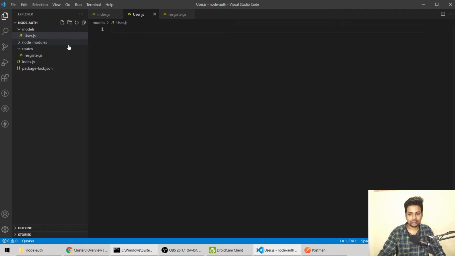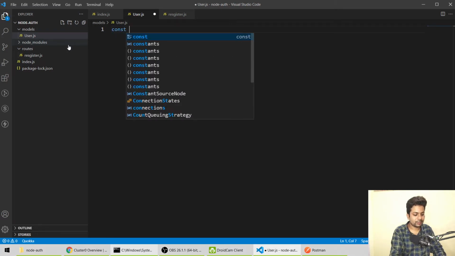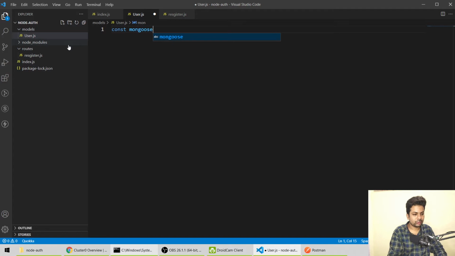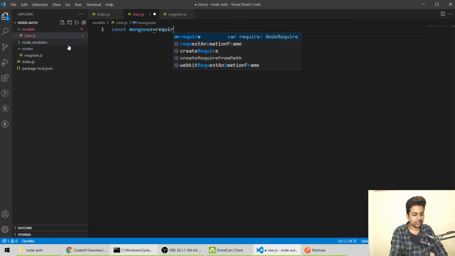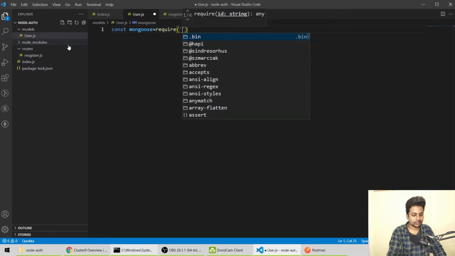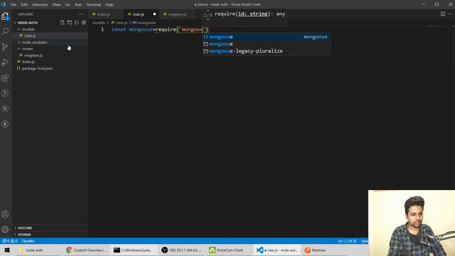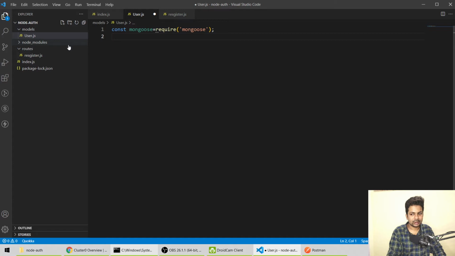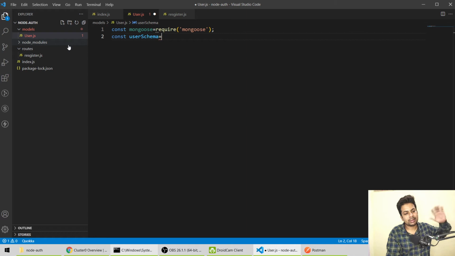In user.js we'll say const mongoose equals require mongoose. Then we'll say const userSchema, because we're gonna build a user schema like name, password, email.